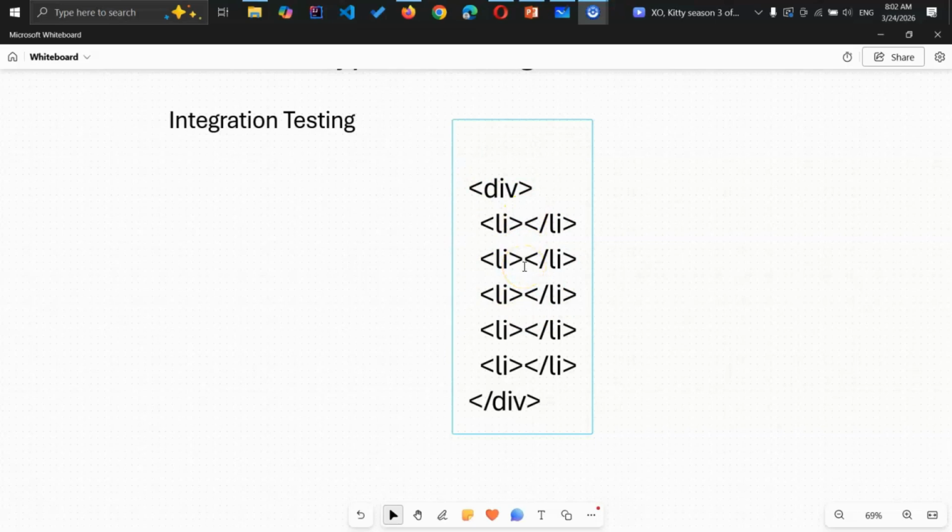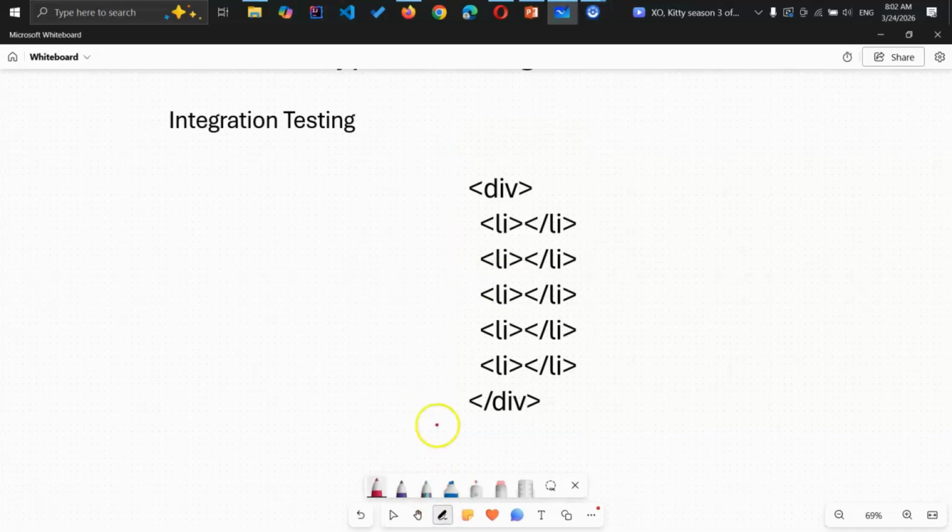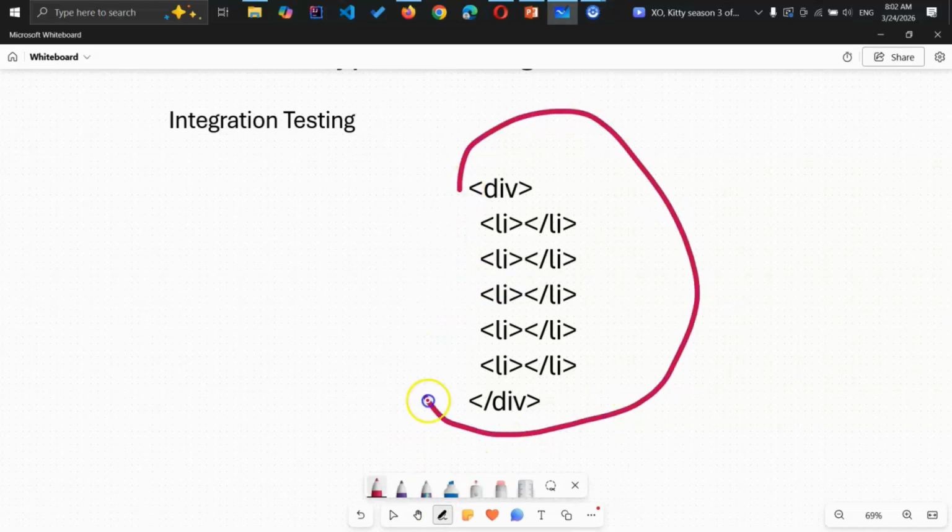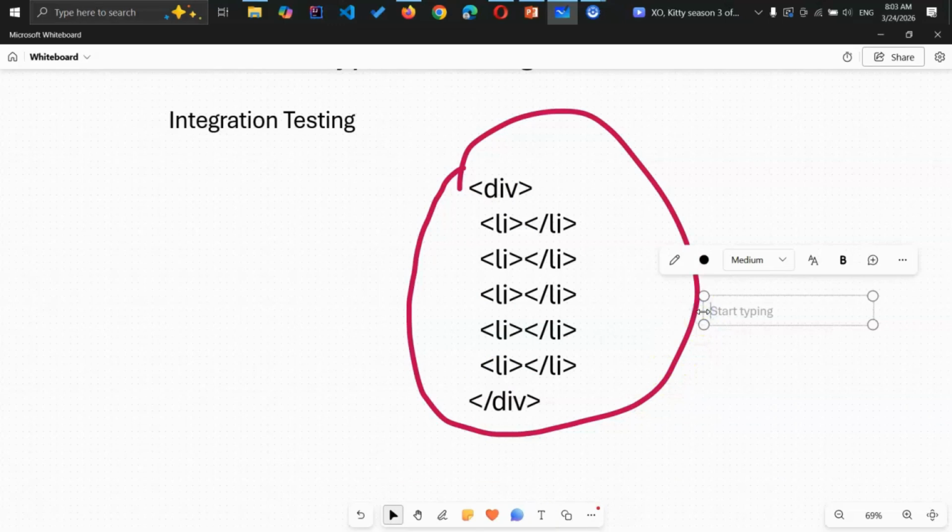That becomes integration testing, not unit testing, right? Consider all of these. Now we check all together, right? That's why it's called